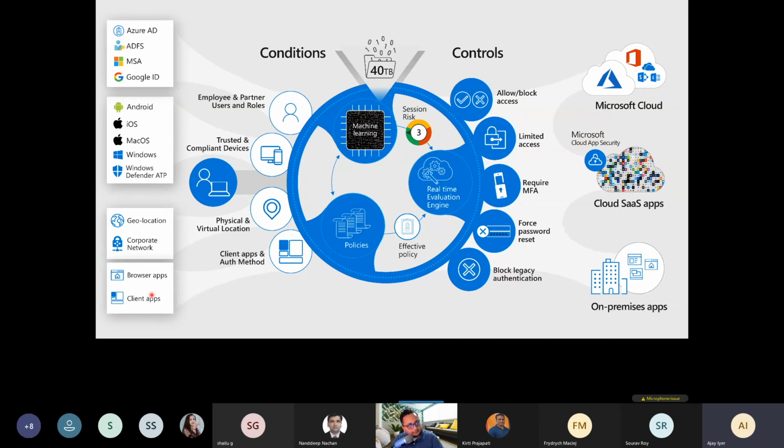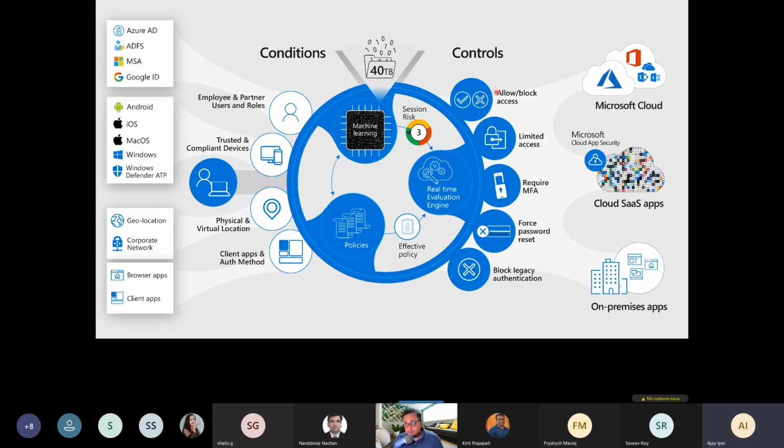At any given point, that's the zero trust implementation, which is that at no point am I assuming anything. Each time a new request comes in, even in an active existing session, to access some information, all those checks are happening on a real time basis. The combination of the policies you create, the machine learning happening in the back end, and the real time evaluation engine that's generating the scores of your session risk and user risk, and those two scores alone